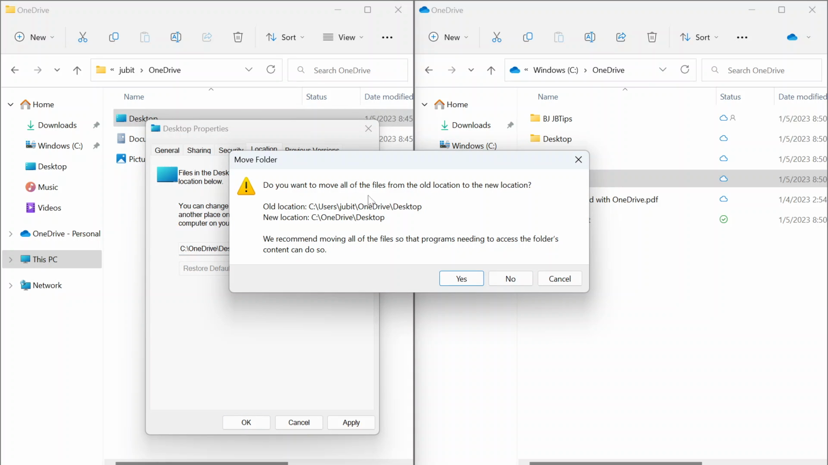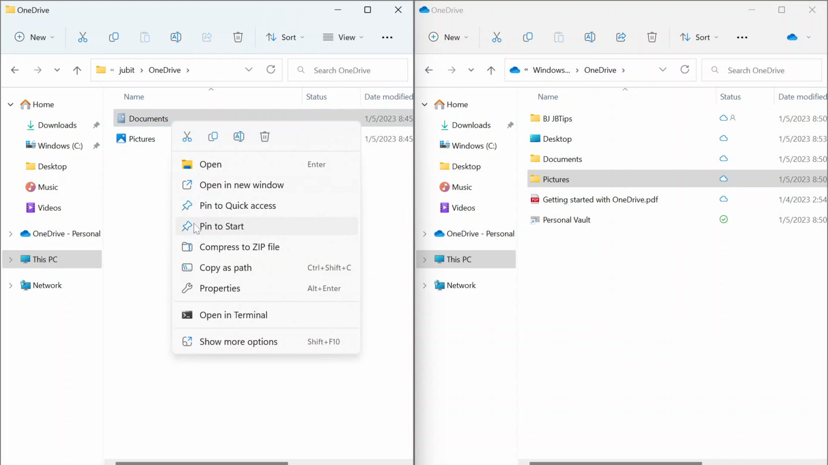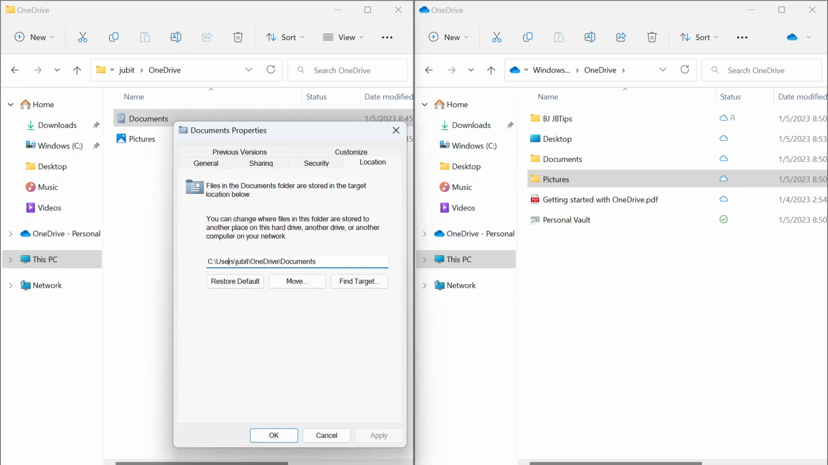It says you want to move all of the files from the old location to the new location, and you're going to click yes here, and that folder disappears. And similarly, we're going to right click Documents and Properties, and we're going to go to Location and do exactly the same thing here. We're going to remove this username and users folder, click